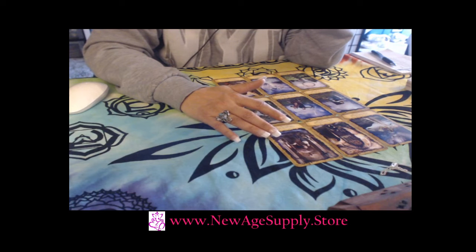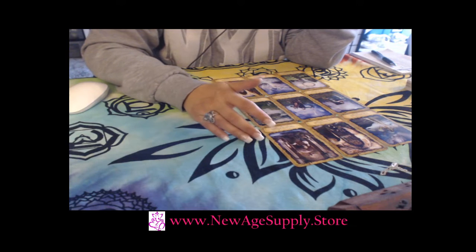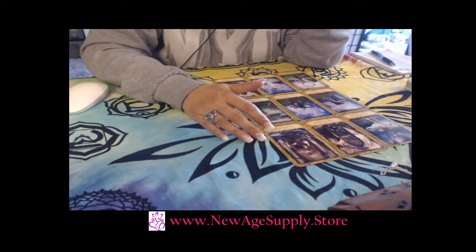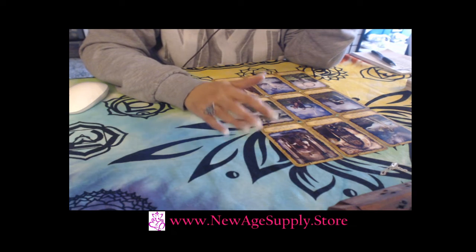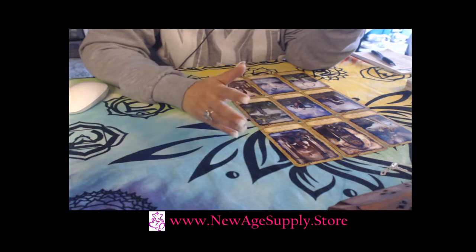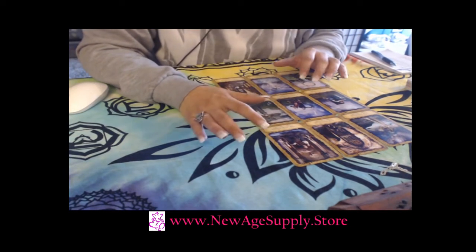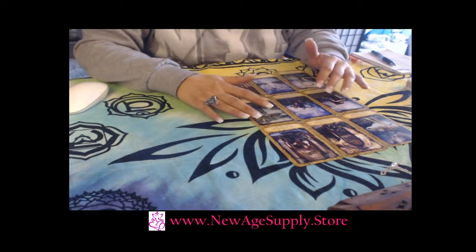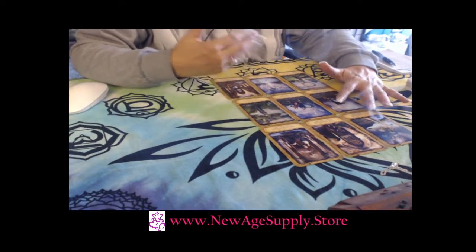But the reason this is happening is because there's a bit of exhaustion here with maybe something that you're committed to. I really feel like you give a lot, okay? I think you give so much and it's not coming back. You're not seeing the return on anything that you give out. And I feel like you're really fed up with not seeing a return. You give material things, you don't see anything back. You give an emotional...